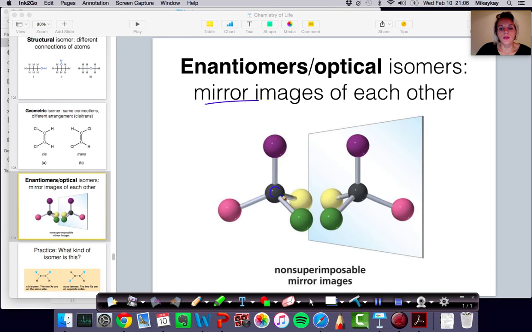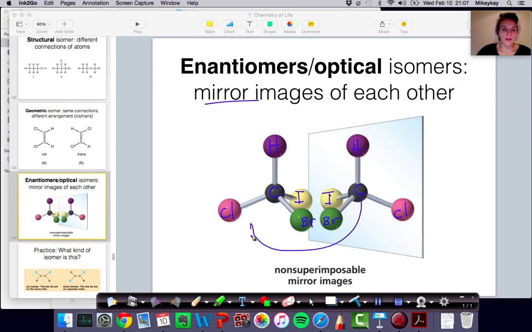So if we have this molecule, it's a carbon, it's a hydrogen, it's a chlorine, it's a bromine, and it's an iodine here, okay? So there are 4 different things that are connected to a carbon. They have to be 4 different things that are connected to it, right? You can have a molecule that is the mirror image of it, and these are not the same molecules. That's what you need to understand about this, is that these 2 molecules are different molecules,